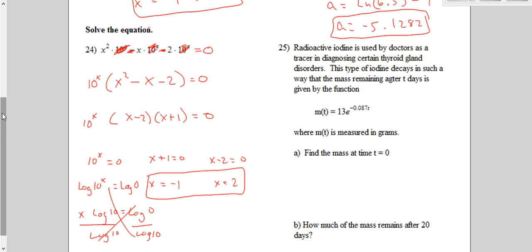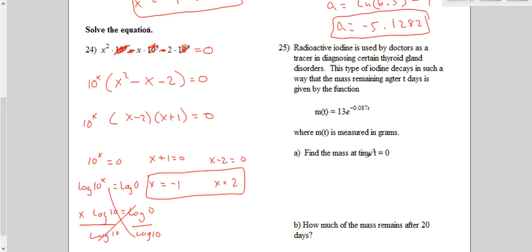Let's look at number 25. It's a word problem. It tells us about radioactive iodine. It is used by doctors as a tracer in diagnosing certain thyroid gland disorders. The type of iodine decays in such a way that the mass remaining after t days is given by the function m of t equals 13 times e to the negative 0.087 t, where m of t